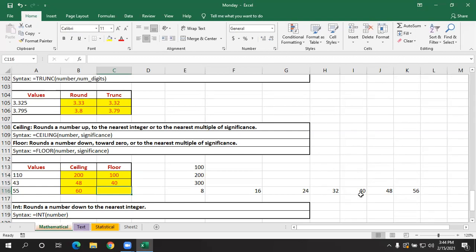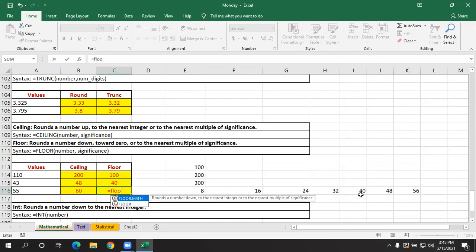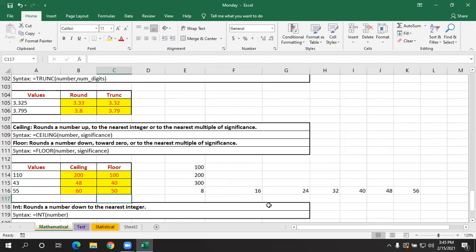So that value it will display. Next here we have 55. Again, if I check in multiples of 10, floor, select the value, comma, significance multiple of 10. Which value is less than 55 and present in multiples of 10? It is 50.